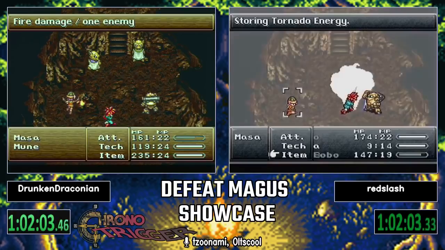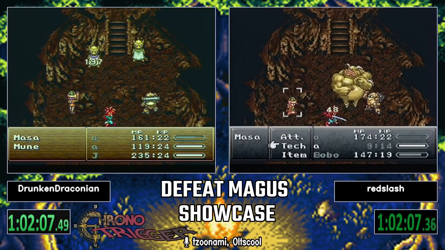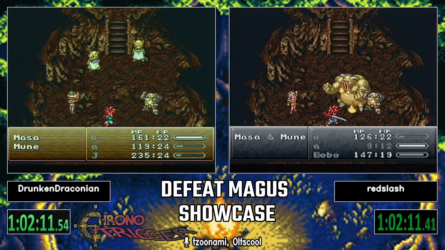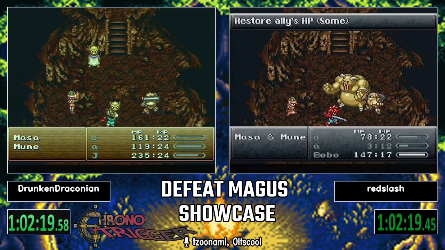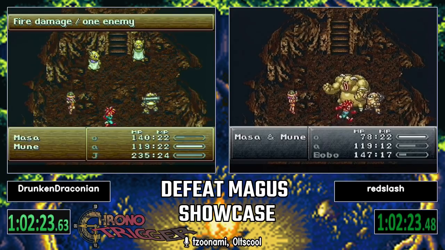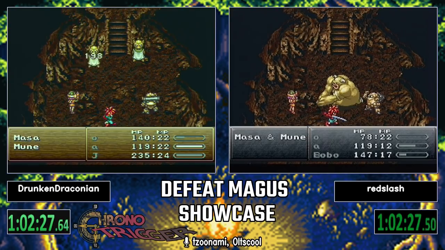DrunkenDraconian definitely has a chance to catch up if this doesn't kill the boss. He should be done here. Very spooky. That's the thing about this fight, though. He'll just go off, and it's hard to even know why. Some of the timing is pretty tight. It was bad. He's still not dead, but